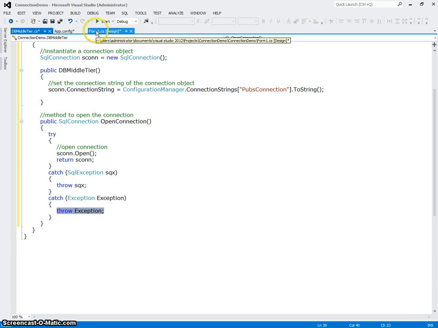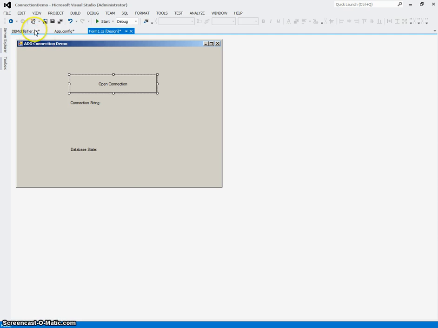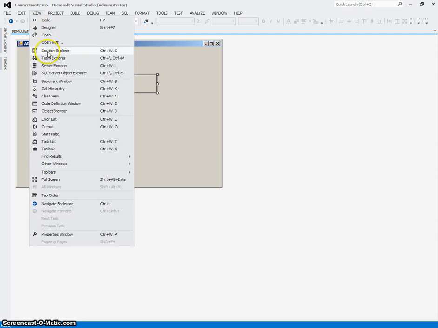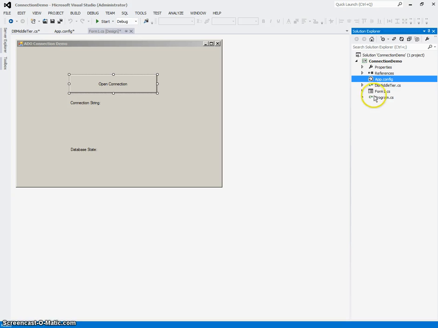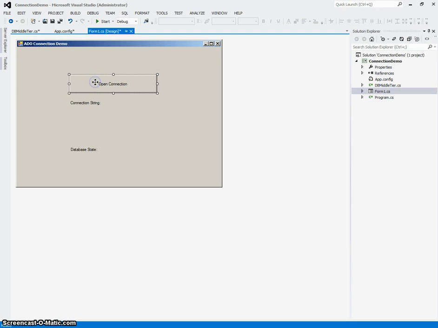So I'm going to go to my form. This is just a Windows application. Once again, I'm going to view my Solution Explorer over here. So this is Form1, and I'm looking at its design, and on it I just have three things. I have a button, I have two labels, one for the connection string and one for the state of the database connection. So what I'm going to do here is I'm going to go to the code window of my form,